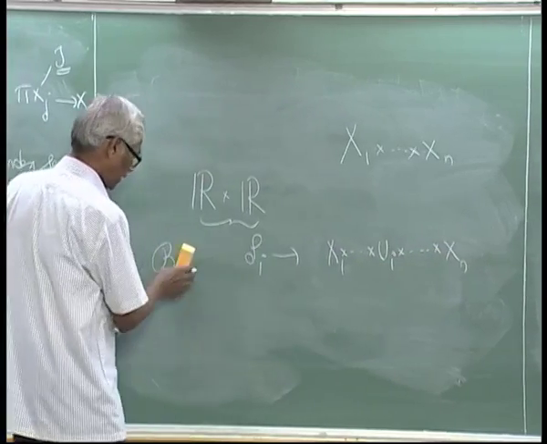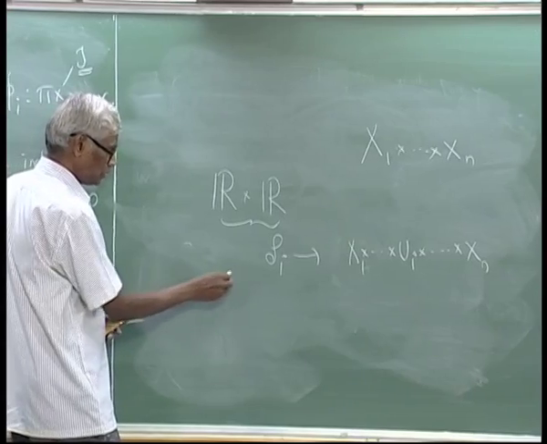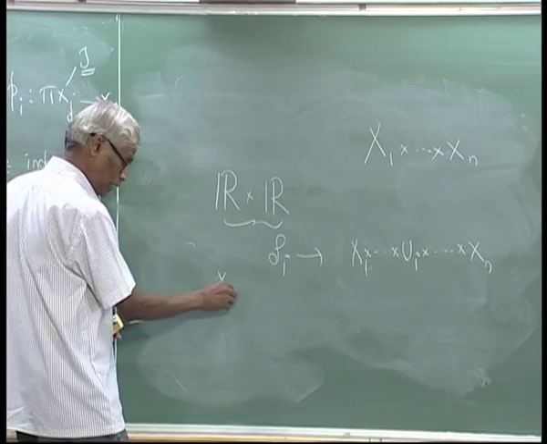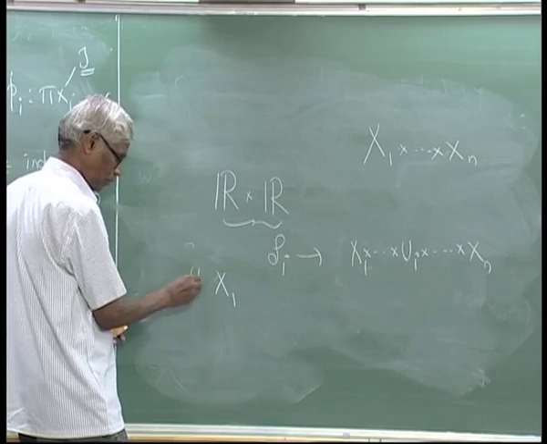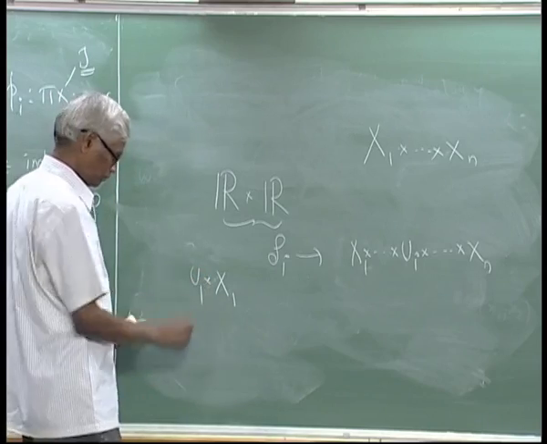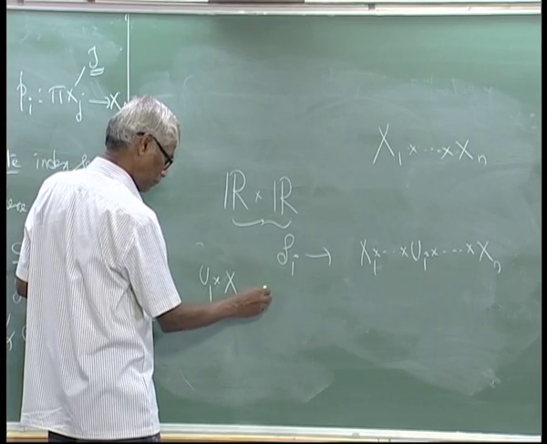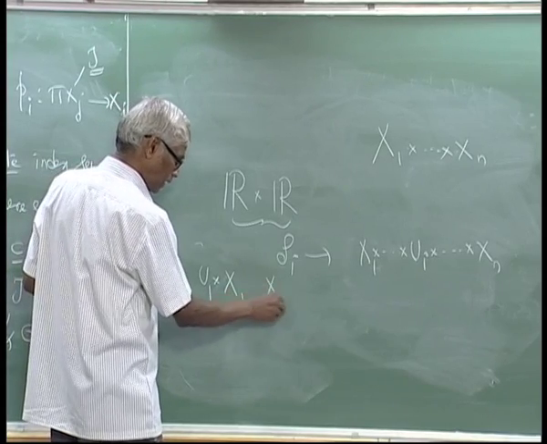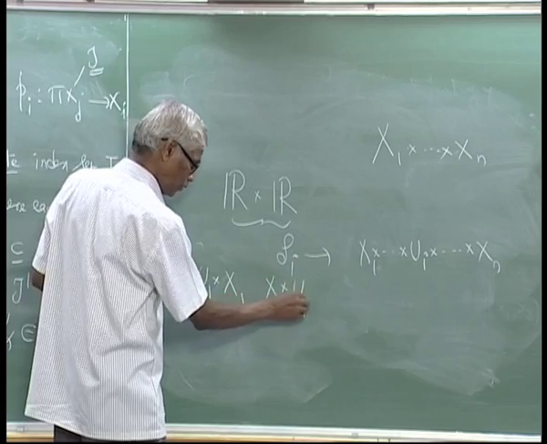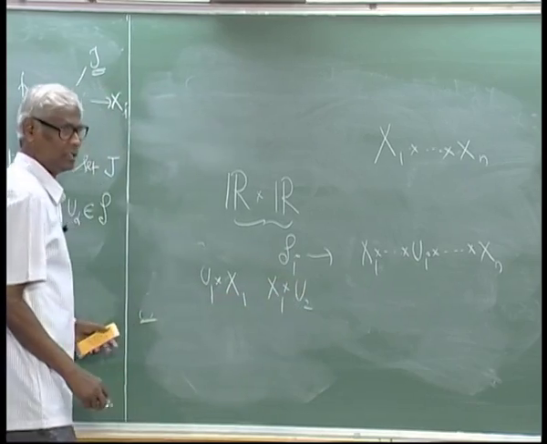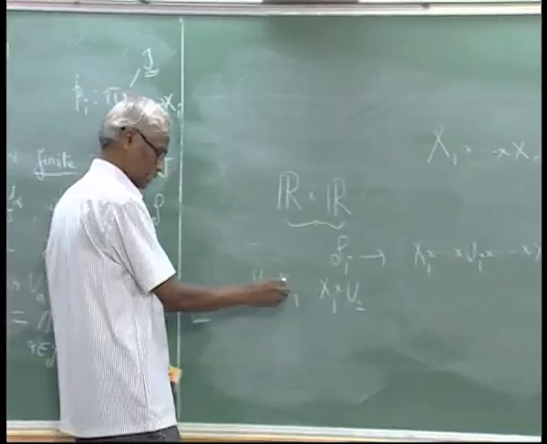For example, take n is 2, so one sub basic open set is of the type U1 cross X2, another sub basic open set will be of the type X1 cross U2. Here if we take the intersection,